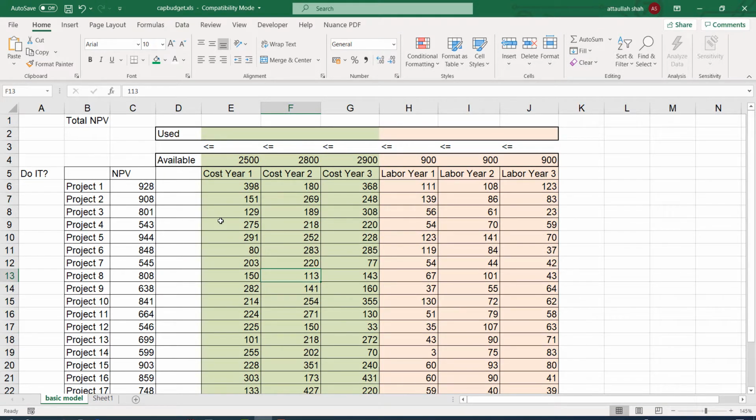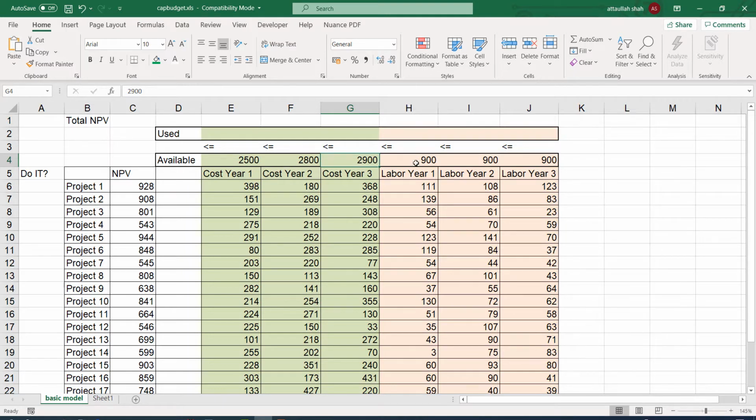Okay. The third aspect of this specific problem is the available budget. So in the first year we have a total budget of 2,500, which means that if we select some projects, the total cost of all those projects cannot exceed 2,500. Similarly, in the second year the total budget cannot exceed 2,800, and in the third year again the total cost cannot exceed 2,900.